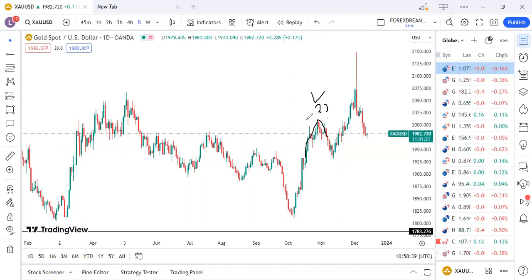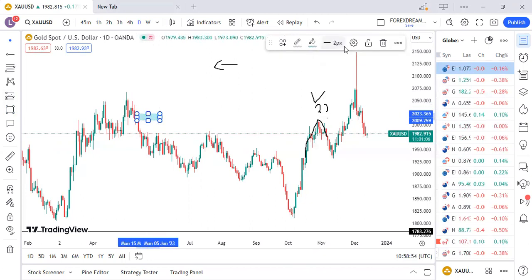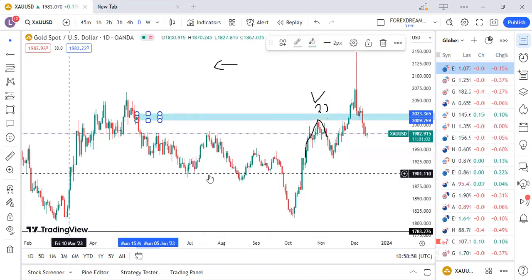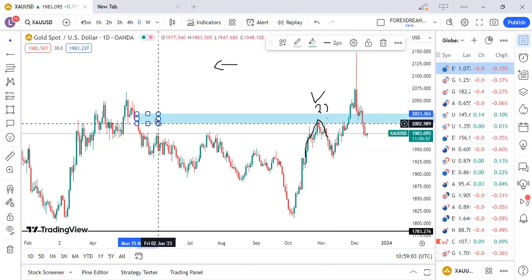You get the point. Now, for you to understand, remember, I said whatever you do, pay attention to your left-hand side. Your left-hand side is very important. What I'm going to do now is highlight whatever we have on the left-hand side, and then I will extend it to the right so that you can see what happened on our left-hand side.